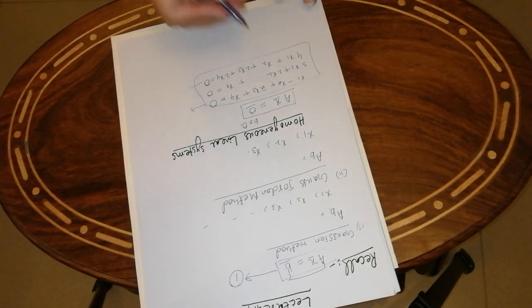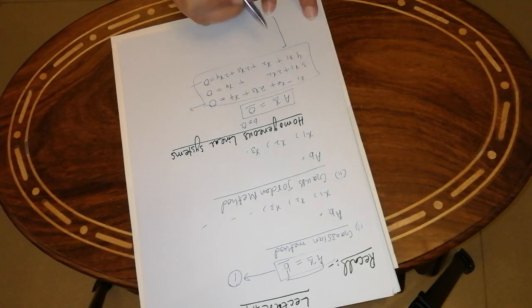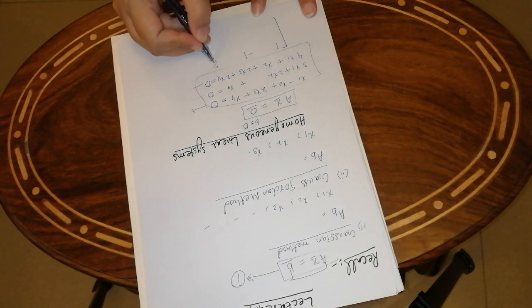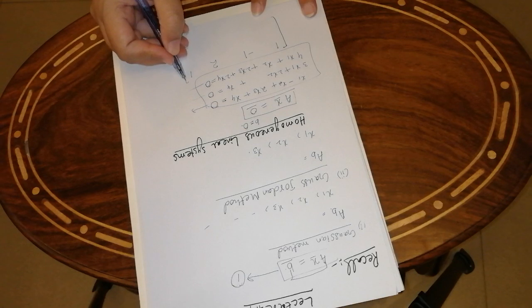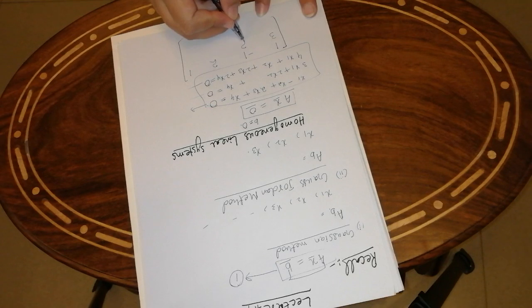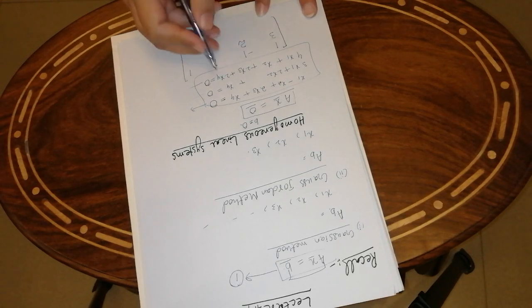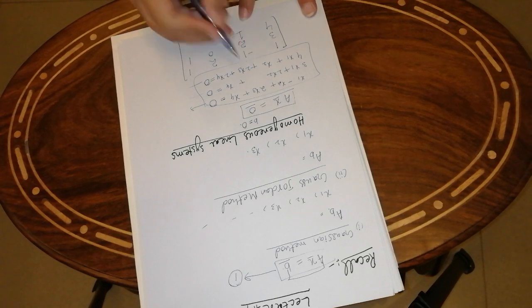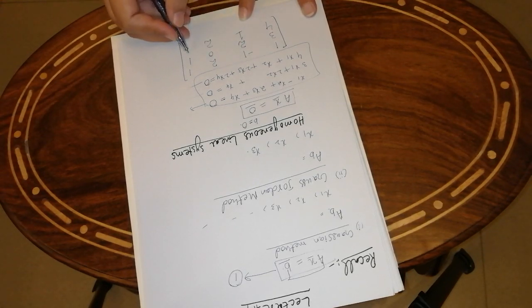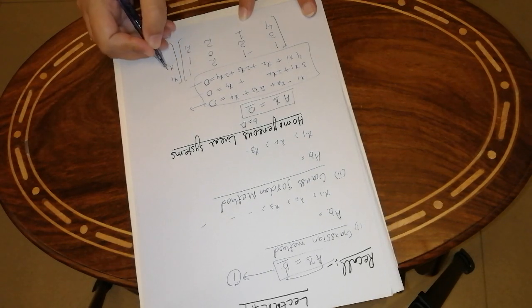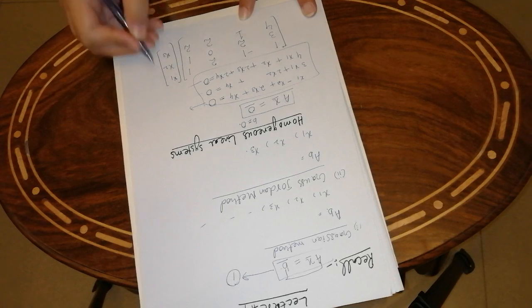First, we convert it in the form by making the coefficient matrix. Coefficient of x1 is 1, coefficient x2 is minus 1, coefficient of x3 is 2, coefficient of x4 is 1. In the second equation, coefficient of x1 is 3, coefficient of x2 is 2, coefficient of x3 is 0, coefficient of x4 is again 1. In the third equation, coefficient of x1 is 4, coefficient of x2 is 1, coefficient of x3 is 2, and coefficient of x4 is again 2. And these are the unknowns involved in the equation. And the right hand side is